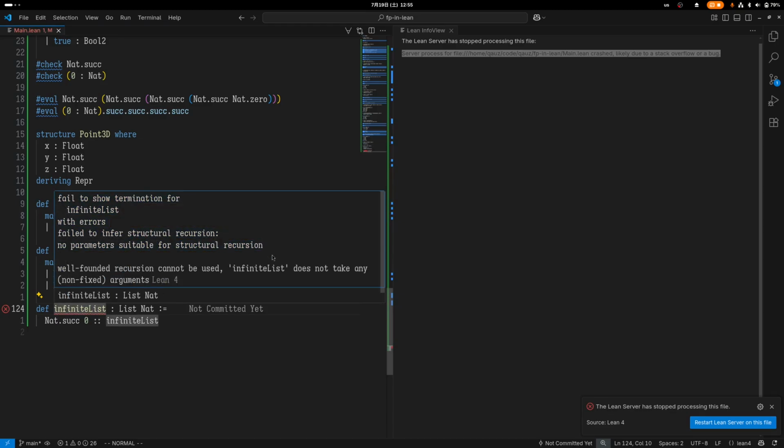You cannot evaluate that. It fails to show termination, and this error message tells you that it's trying to analyze it for termination, so it's a kind of totality checker. Obviously, because of the halting problem, it should be impossible to write a perfect totality checker. So I guess there are going to be cases where it has false positives or false negatives, where it thinks that it doesn't terminate,